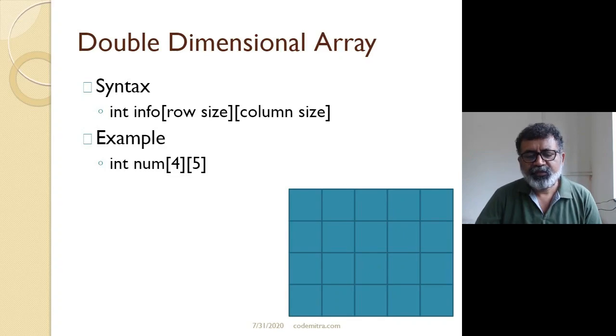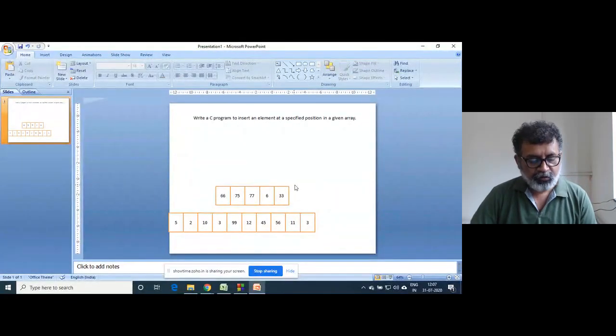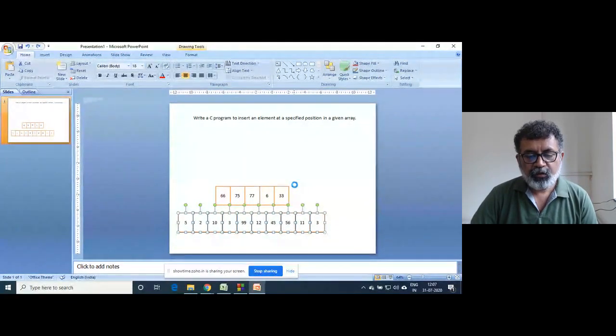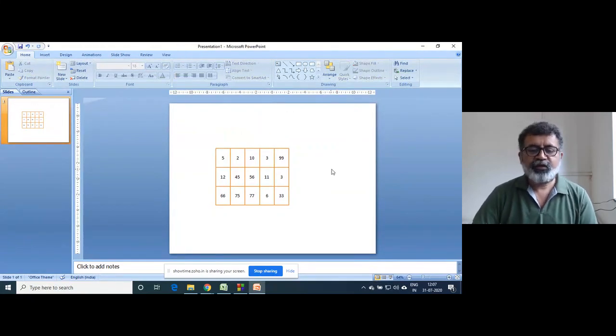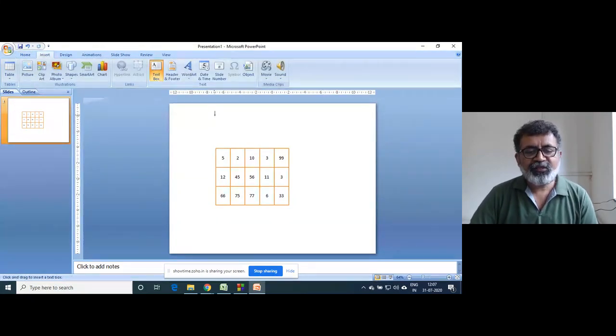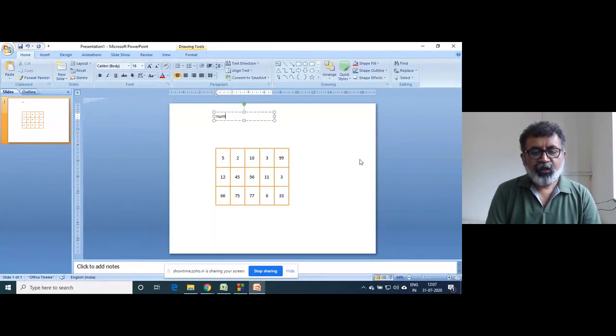In memory, double dimensional array is like this, for our pictorial representation. So suppose the array is declared as num of 3 and 5.